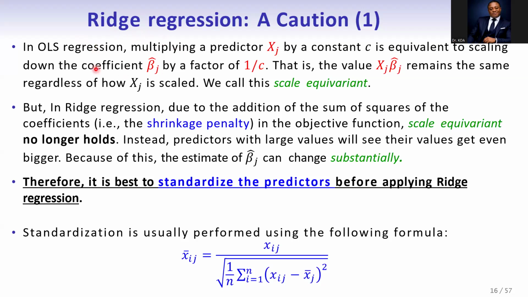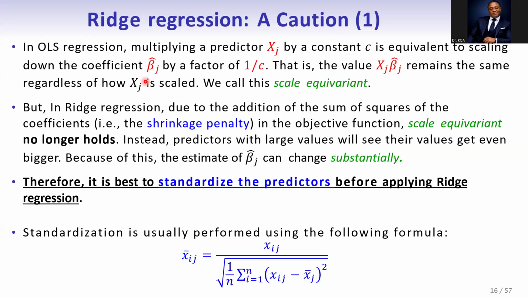OLS, when you are estimating it, the predictors don't care about the unit of measurement. You can use anything. For example, if some of the variables are in gallons, some of them are in kilograms, some of them are in trillions, the unit of measurement doesn't matter as far as OLS is concerned. So we say that OLS is scale equivariant. OLS is scale equivariant. But in the shrinkage methods,